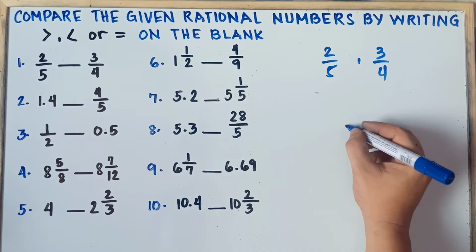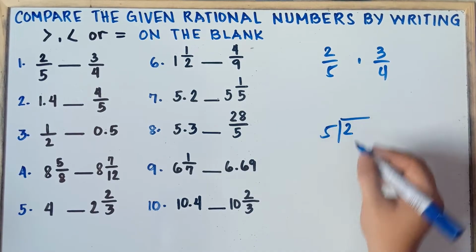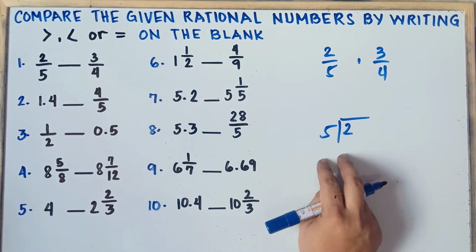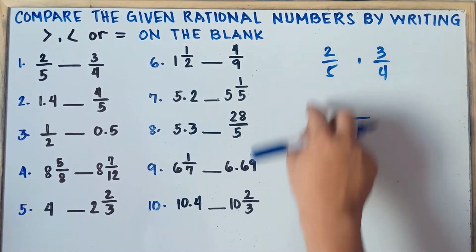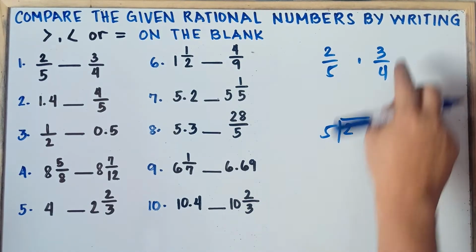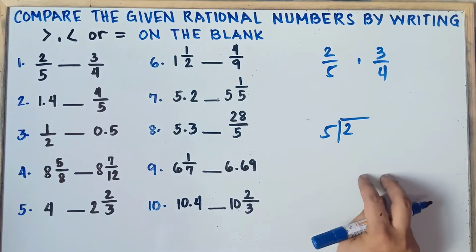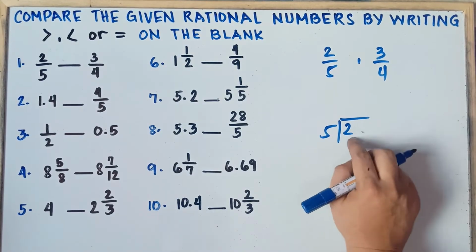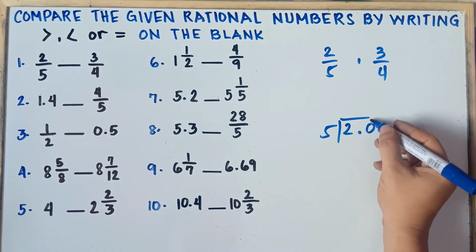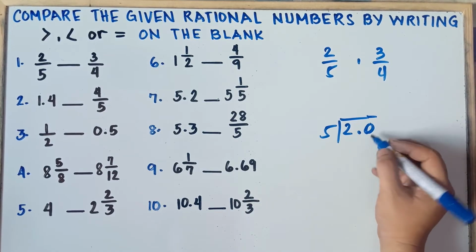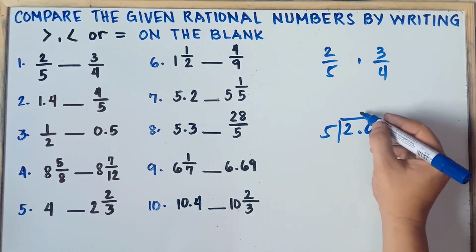So 2 over 5, 2 divided by 5. Once again, if the teacher will allow you to use calculator, very easy for this one class. Just simply divide 2 divided by 5 and you will get the answer. 3 divided by 4 and you will get the answer, and then you can compare. So 2 divided by 5, that cannot be. We need to add 1 0. You borrow 1 0, you put a point, then add 1 0. Now once you put a point here, you also put a point on the top.